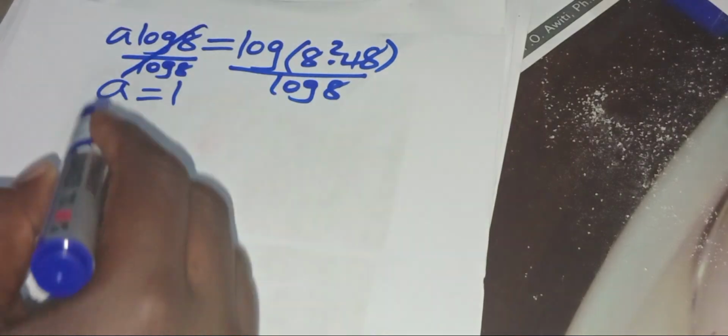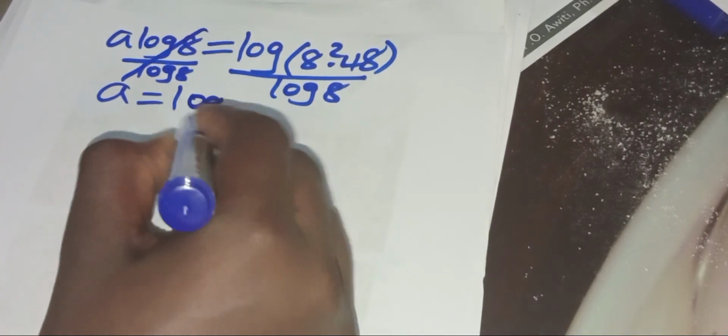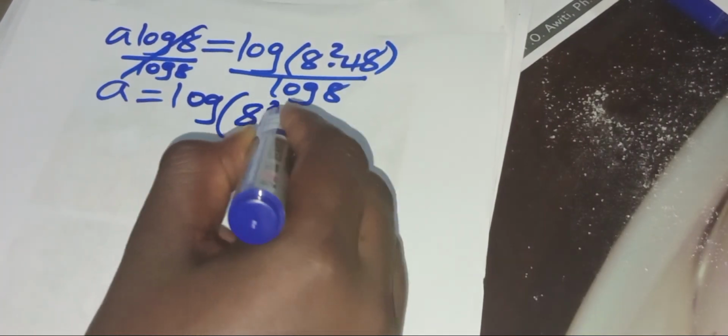So divide both sides by log 8. Now let's simplify. We'll have a equal to log of 8 to the power 2 multiplied by 48,